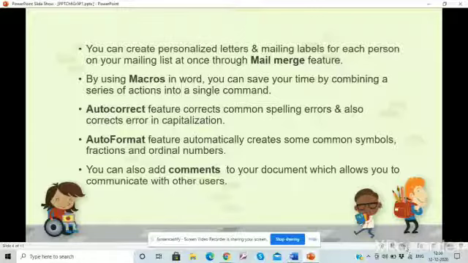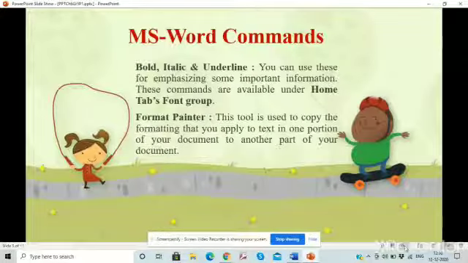Okay, so some main commands revise कर लेते हैं. You have learned in the previous class also, making bold, italic, underline. Control B, Control I, Control U, you can use to make your document bold, italic and underline. These features are used to put emphasis.